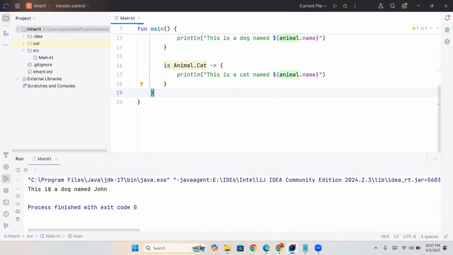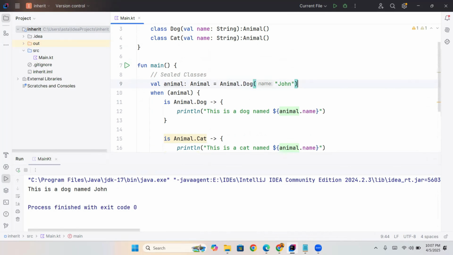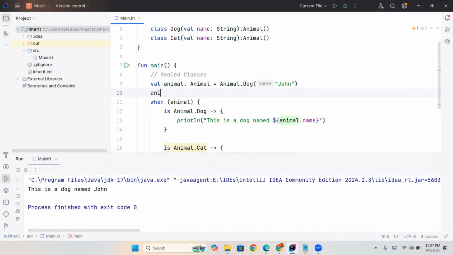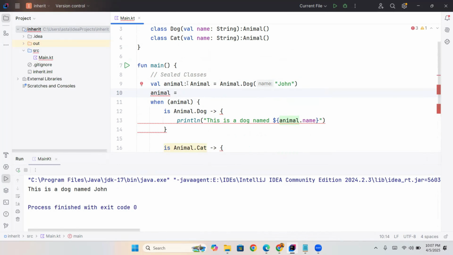You can see here, this is a dog named John. Similarly, when we write the same animal object, if that is pointing to the cat object, let's see what the output will be. Let's copy this code and paste it over here and make it a cat, and here we will write Catherine.